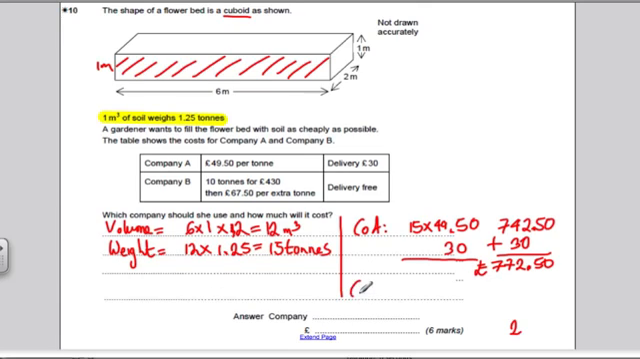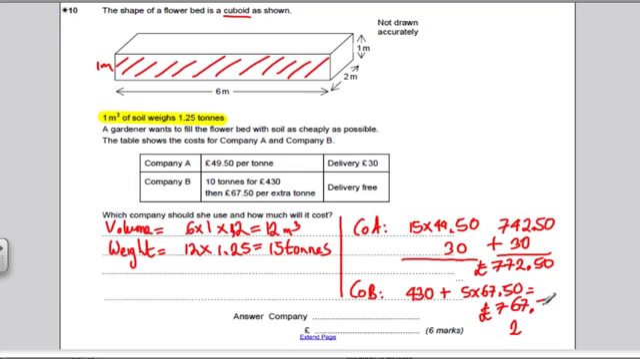I did the same thing for company B. I'd have a lot more space than I've got here, but for company B we need 15 tons, so 10 tons are for £430, and for the remaining 5, for each of them it's £67.50, so 5 lots of £67.50. You work that out, so you do 5 times £67.50 plus the 430 for the first 10 tons, and you get an answer of